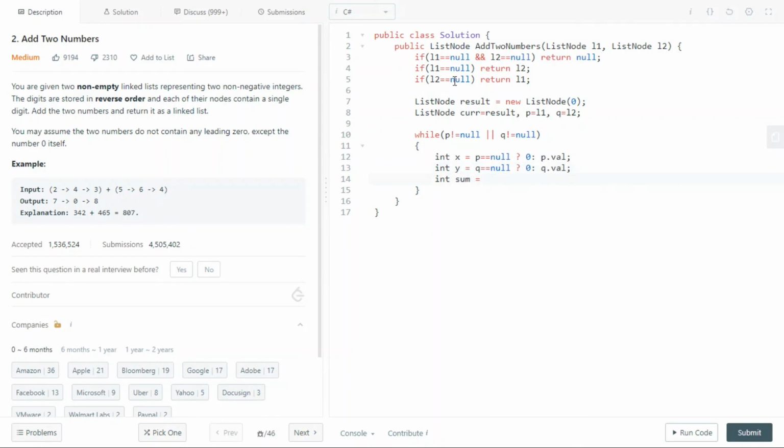Okay, so here if you see, the sum is going to be x plus y, but as we have already discussed that there could be some carry, so definitely we want to store the carry. So carry we are going to add in the next iteration.